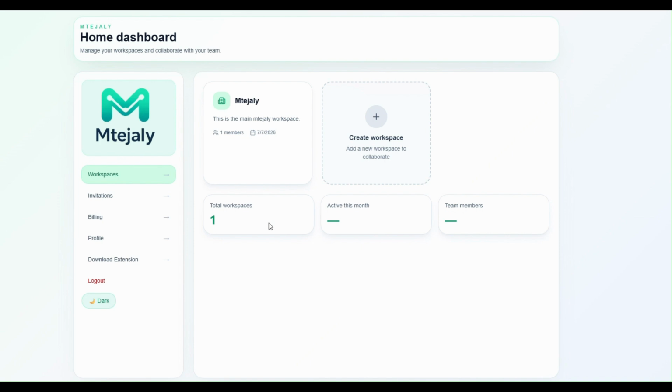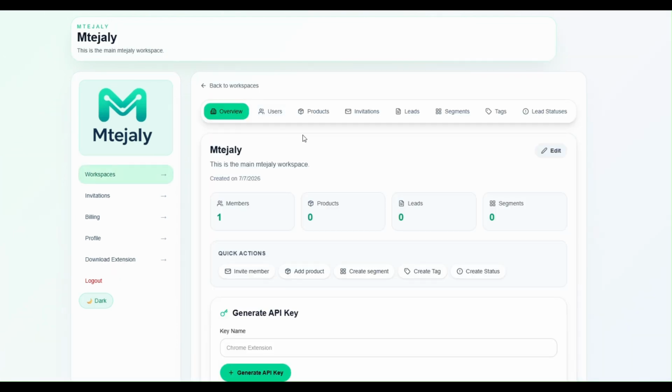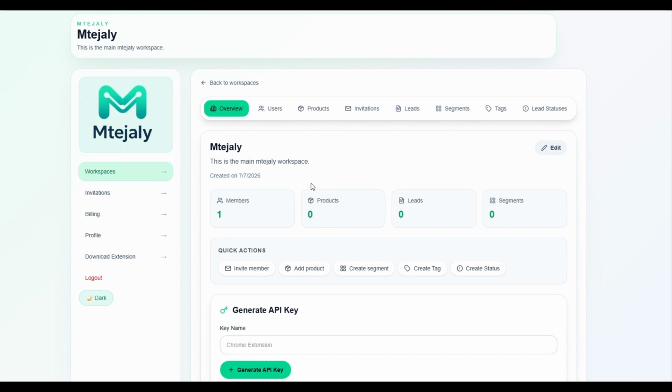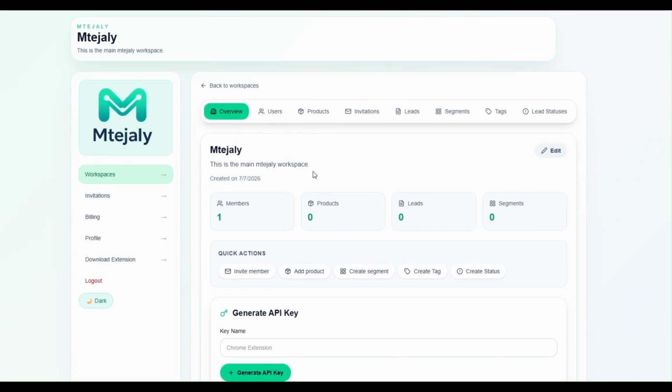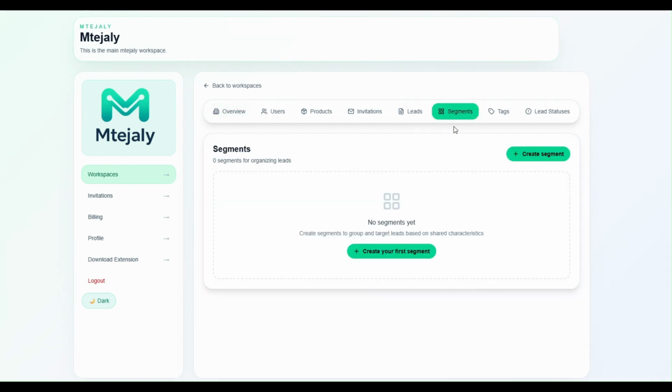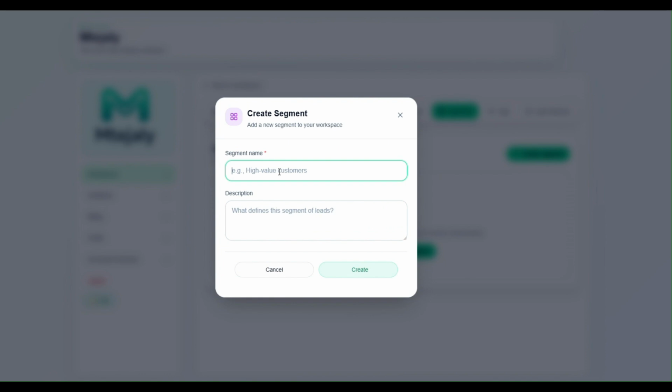So the first thing that you want to do after creating the workspace, you want to go and configure your workspace. So I'm going to click on my workspace, and basically the first thing you want to do is to first of all create segments. This could be, for example, I'm going to have a high value segment, high value customers, add a description,